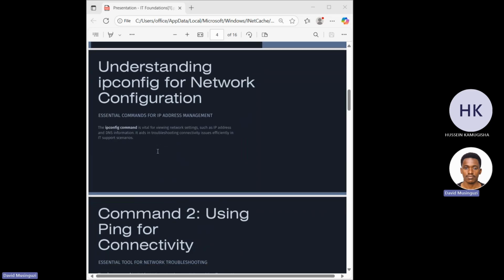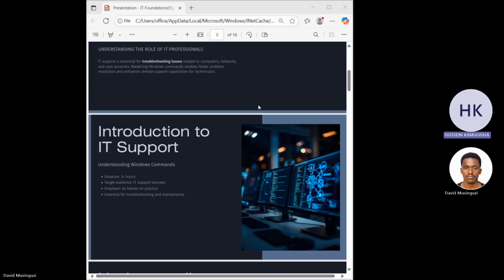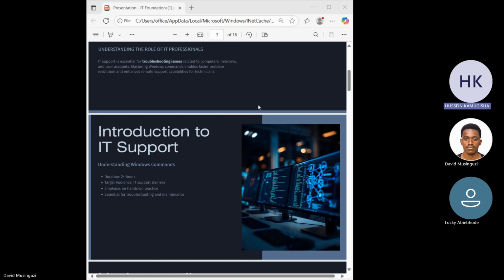So you remember we did something to do with IP configuration. What do you remember about IP configuration? As I recall, we used it to see the IP addresses, mainly to view the list of all the possible networks around my area.